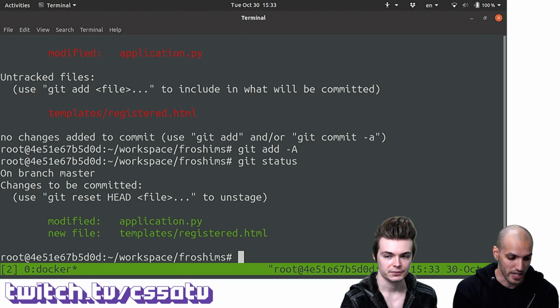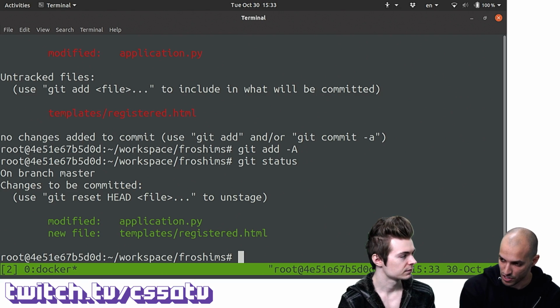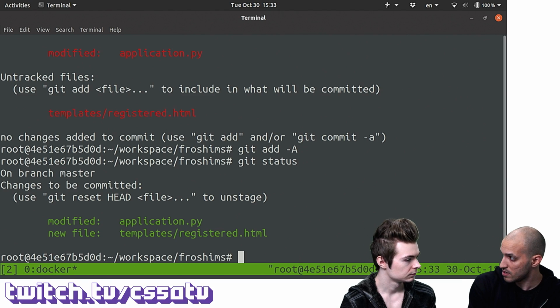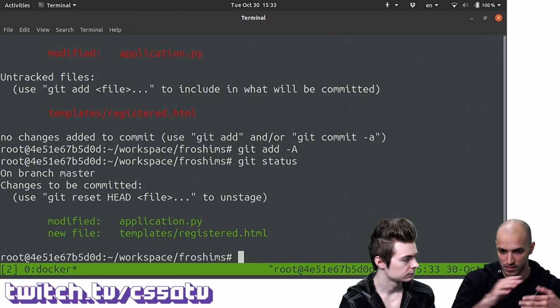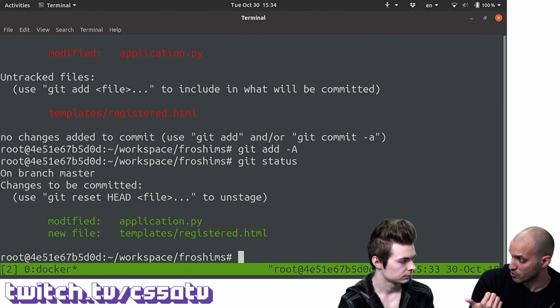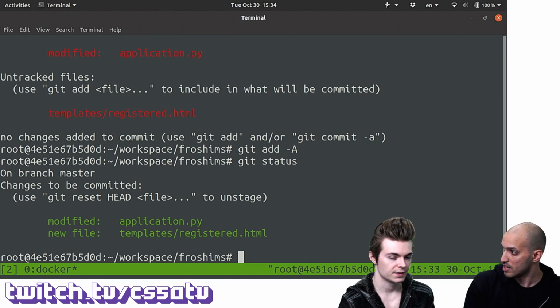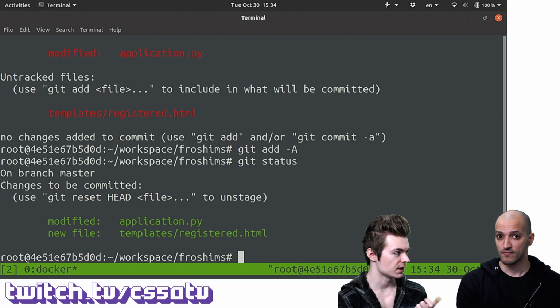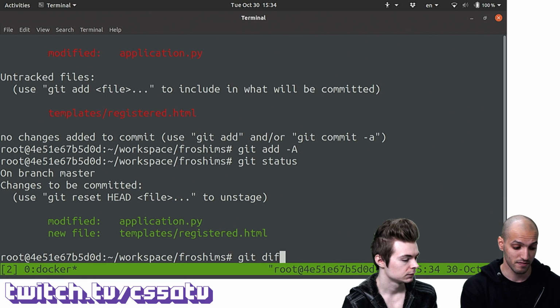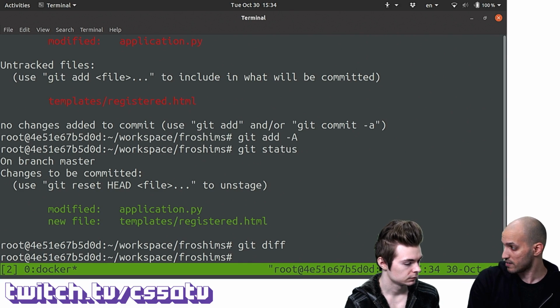The good thing though is when we did git diff earlier, it actually compared the changes in our working directory to the changes that are saved in a repository, if you remember. When we saw this nice diff screen, it was actually comparing the application.py that was saved in the repository against mine in the working directory. Right, because it had that snapshot from before, and it saves that in the .git folder, right? Yes. Now, if you do git diff, it's not going to show you anything.